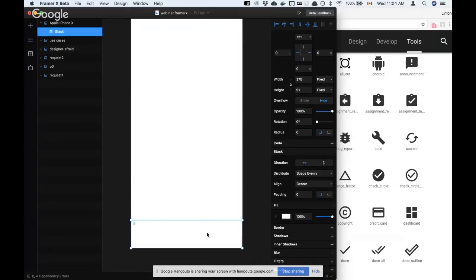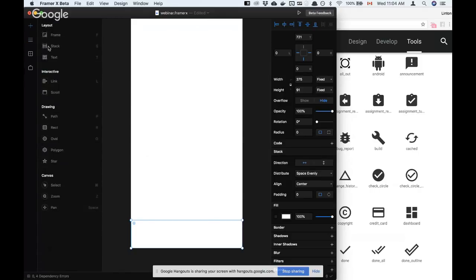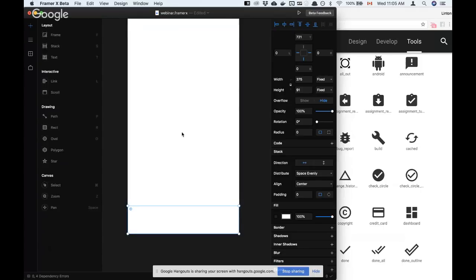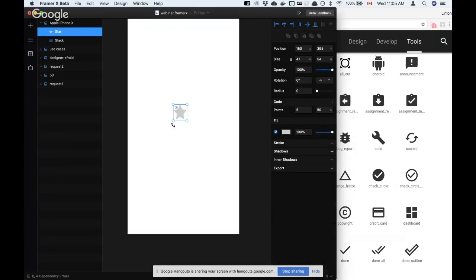By the way, I'm actually using the shortcut, but you can always access those tools over there. So I just chose this stack tool. What about putting a star over there? Just pretend that it's an icon,